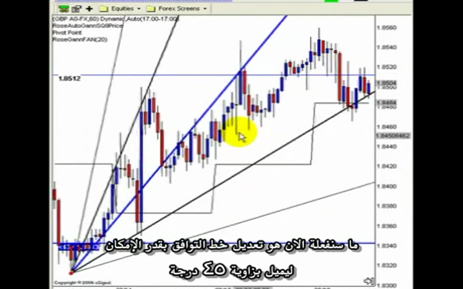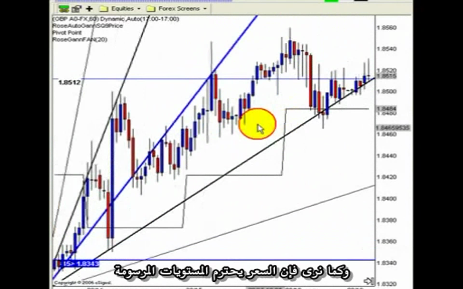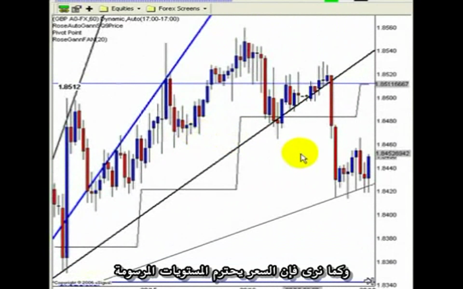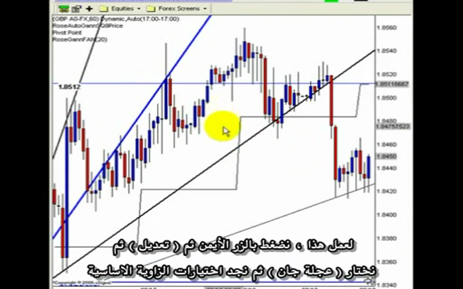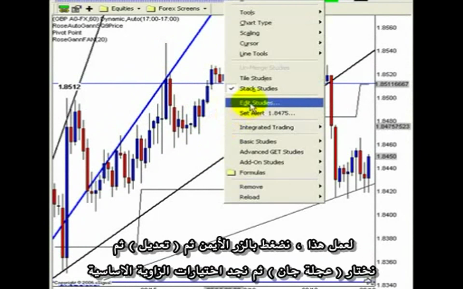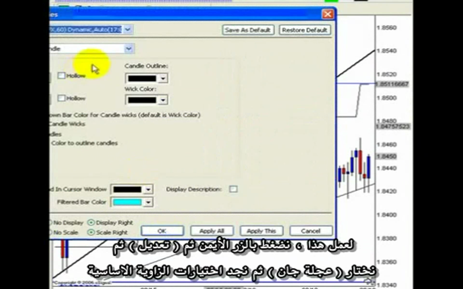What we try to do in the adjustment now is get our unity line to be as close to 45 degrees as possible, and also showing that the price is respecting the drawn lines. So as we can see here, our primary Gann line is much too steep, so we need to reduce the angle of this. So let's edit this. Let's right click again, choose Edit Studies,